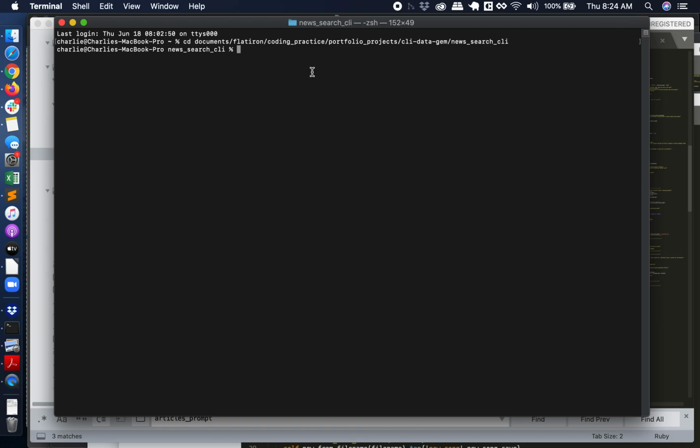This is the News Search CLI Data Gem Portfolio Project demonstration for Flatiron's CLI Data Gem Portfolio Project. You start the program by running bin run. That brings up an initial welcome prompt, and you're asked to search for articles from the Guardian's API based on